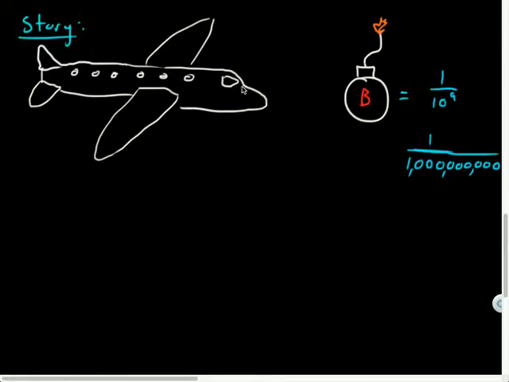And he ends up thinking, what I'm going to do is bring my own bomb on the plane. And the reason is, what's the probability of 2 bombs being on the same plane? Right? Because that would be 1 in 10 to the 9th times 1 in 10 to the 9th, which is 1 in 10 to the 18th. So I'd be super safe, right? Because I'm not going to detonate my bomb on the plane. I'm just bringing it there for safety reasons, right? But what's the problem with the logic of his story?